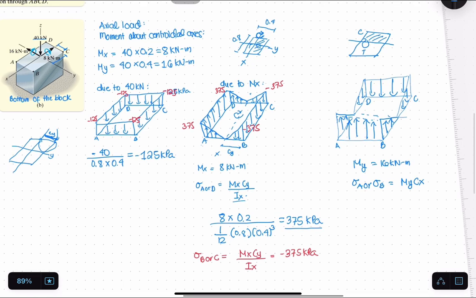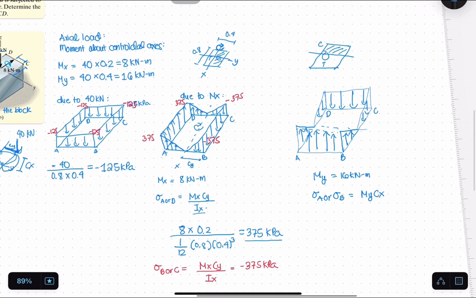CX naman siya class because to create the moment na along Y, diba ito yung 40 kilonewton. So, magmo-moment tayo along Y. So, ito yung corresponding moment arm. So, CX ang tawag natin dyan. So, MY over CX over